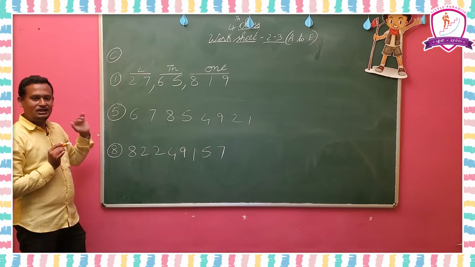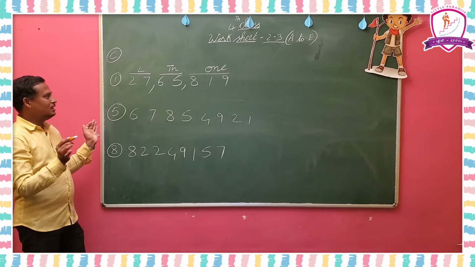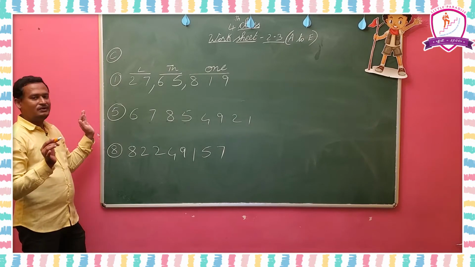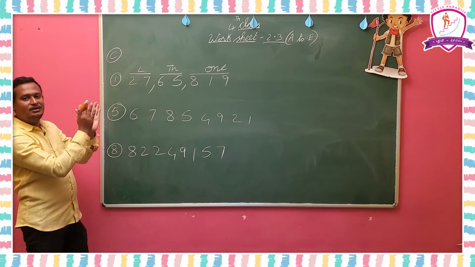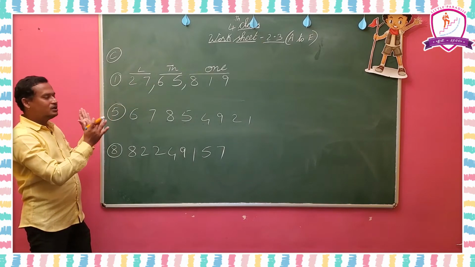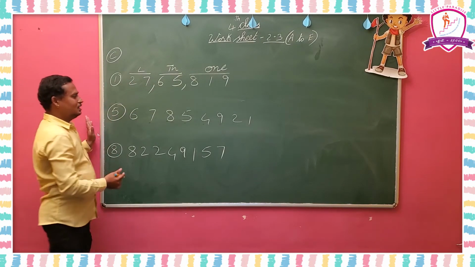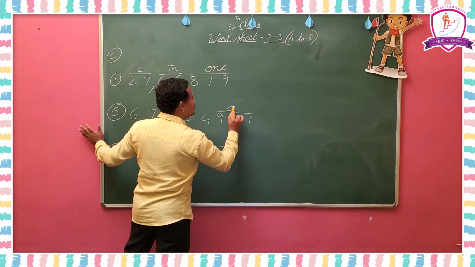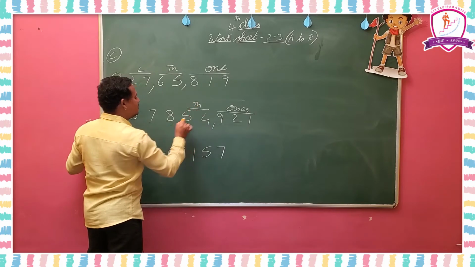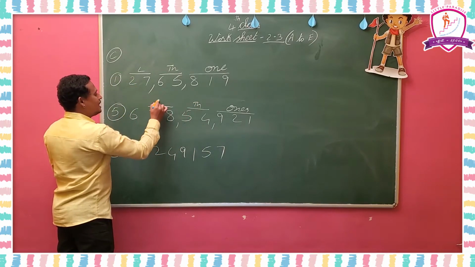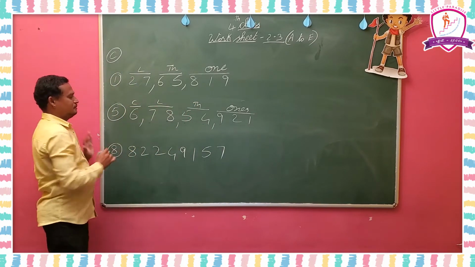That is the only thing you have to do in this Roman. No need to write any expanded form, place value, face value or number name, no need to write anything. You must divide that number into periods and put commas according to those periods. Here also these 3 will become the ones period and put a comma, these 2 will become the thousands period, after the comma these 2 are the lakhs period, and after the comma it will be the crores period.